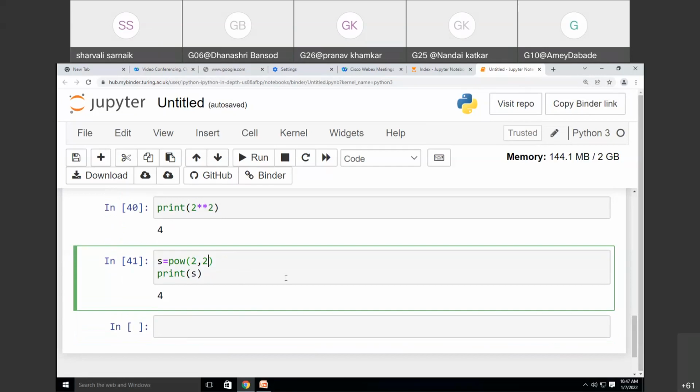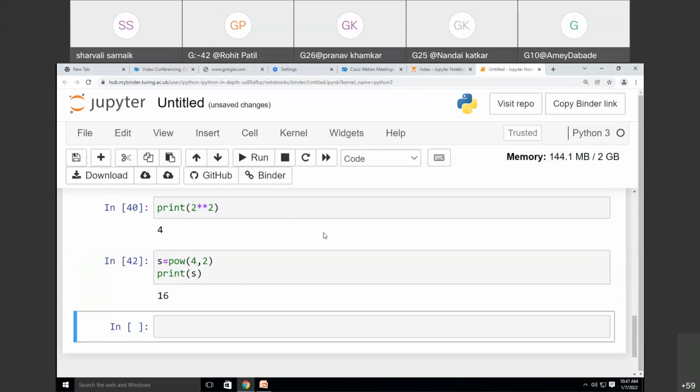Suppose I want to find the value of 4 raised to 2. How should I write it? I need to write 4, comma 2. When I run this code, the answer I am getting is 16. So this is how we can use the power function.